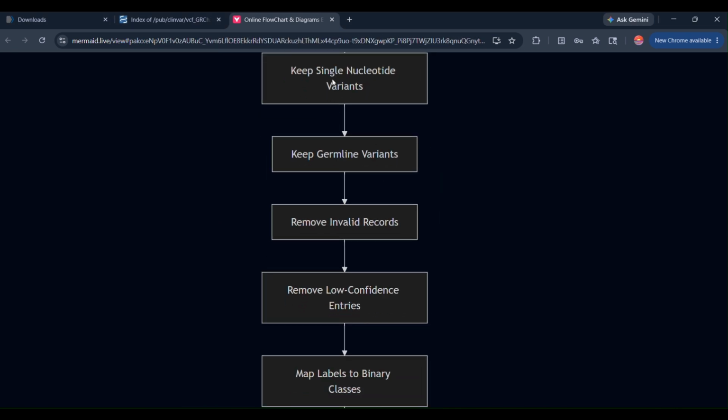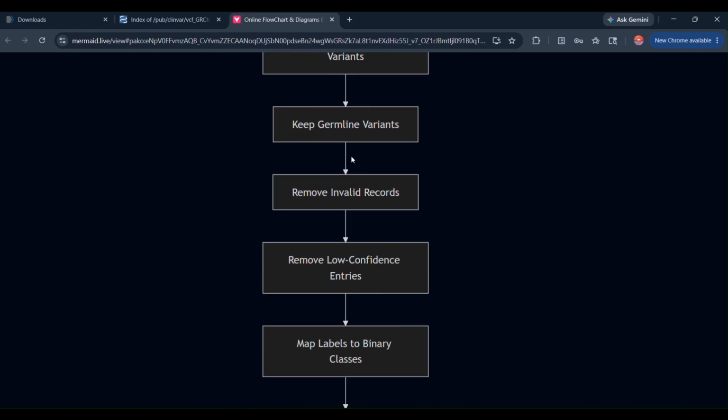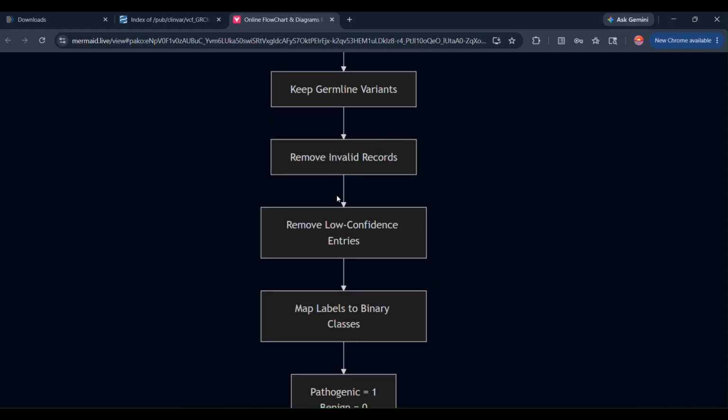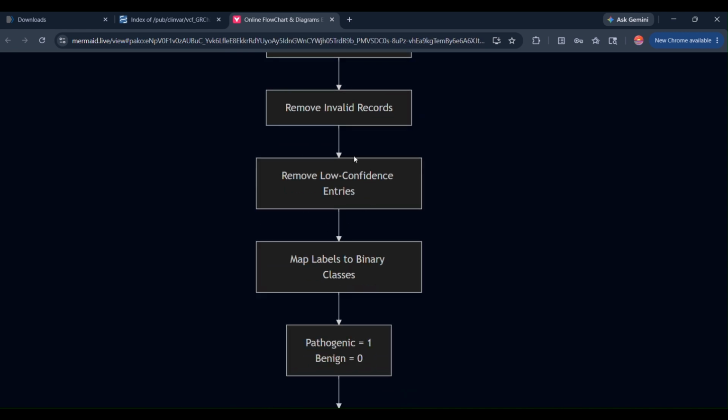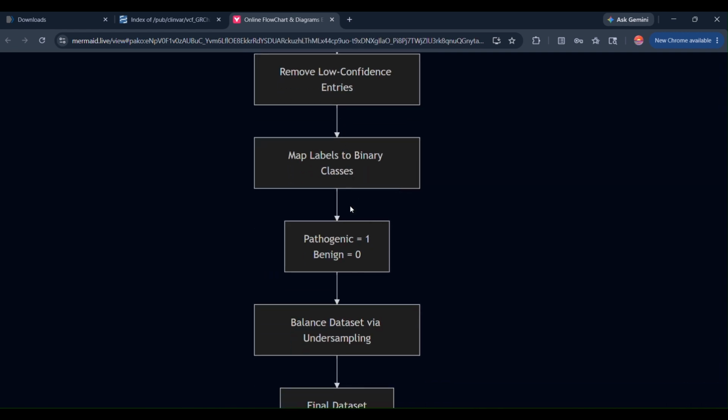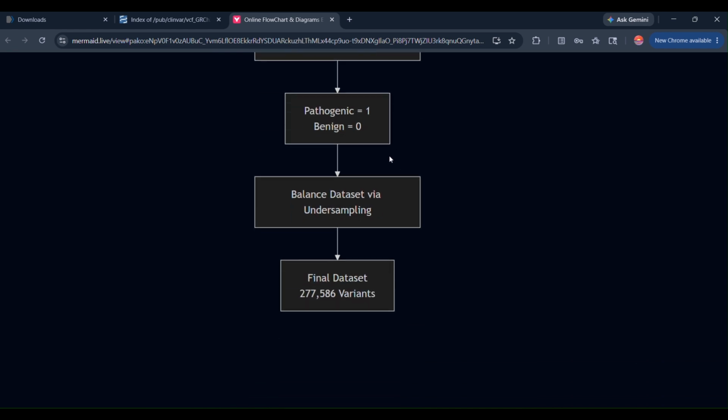And in SNVs, we kept germline variants, and removed invalid and low confidence entries. By low confidence, we mean entries where feature values were either missing or of conflicting values. We then mapped labels to binary classes for classification training, and balanced the dataset by undersampling.